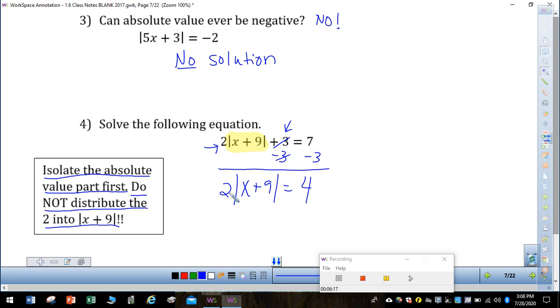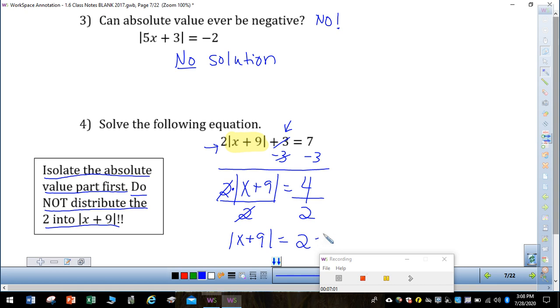And so the only way to get rid of it, that 2 is really being multiplied by that absolute value quantity. And so the inverse of multiplication, if we want to undo that, the opposite of multiplication is division. So we're actually going to divide both sides by 2 as a way to get rid of that. So now we've got the absolute value of x plus 9 all by itself, just as we want, and that's